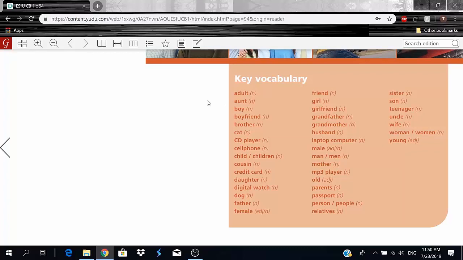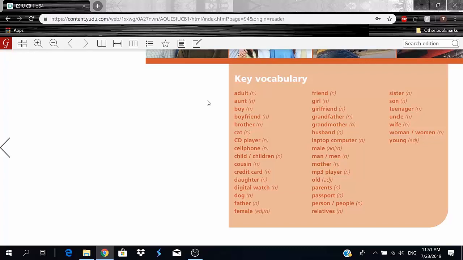Adult, aunt or aunt, boy, boyfriend, brother, cat, CD player, cell phone, child slash children, cousin, credit card, daughter, digital watch, dog, father, female, friend, girl, girlfriend, grandfather, grandmother, husband, laptop computer,